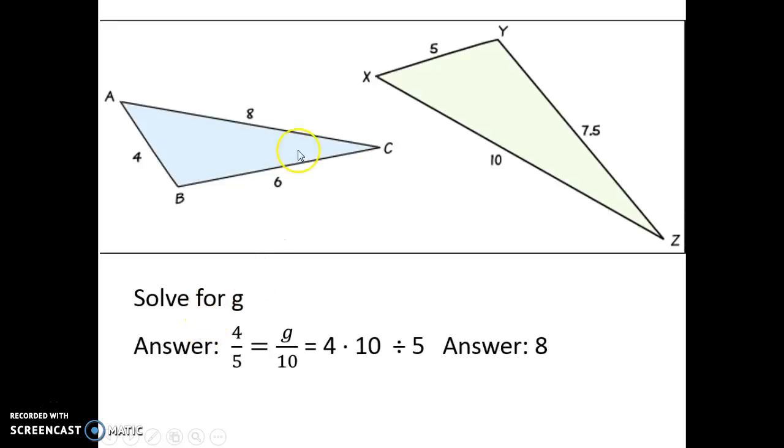Here's another example. We are going to solve for G. I think that's this right here. So these triangles don't look similar, but imagine if this bigger one were flipped around. So the corresponding sides would be 4 and 5, so that I have that in the first fraction. And then the other corresponding sides